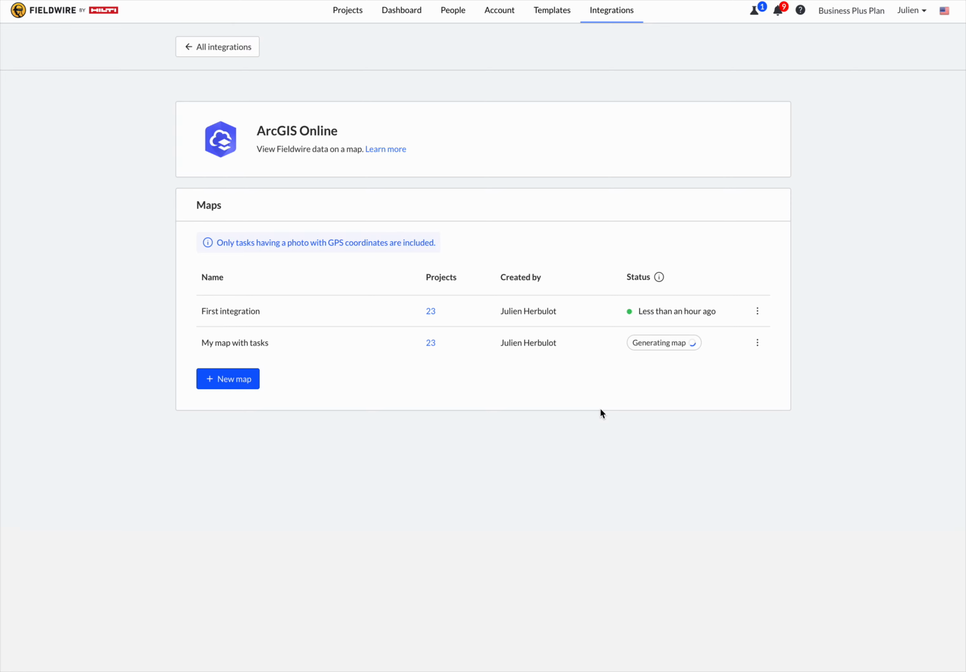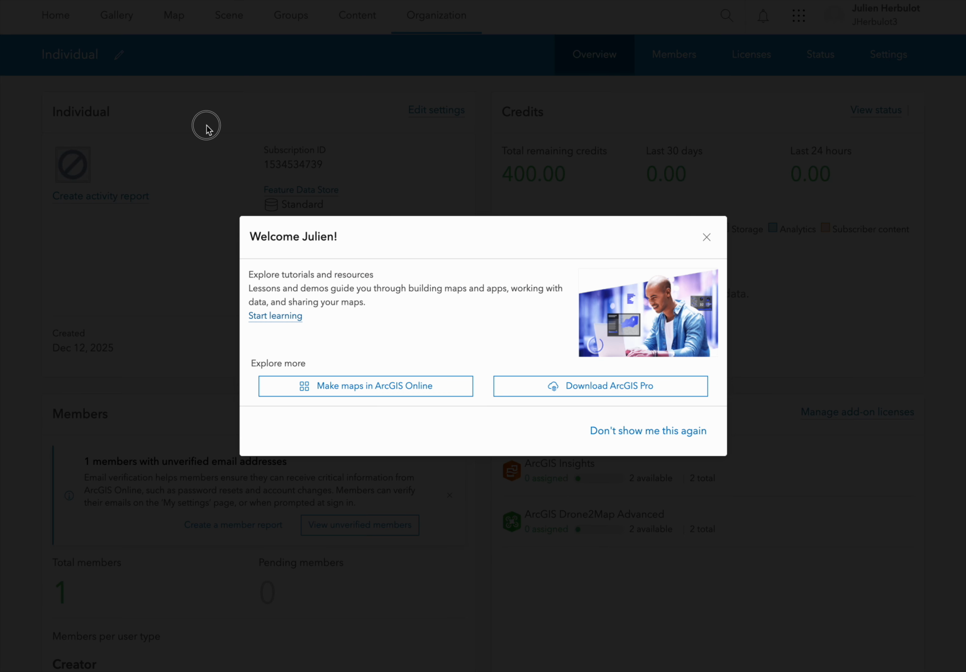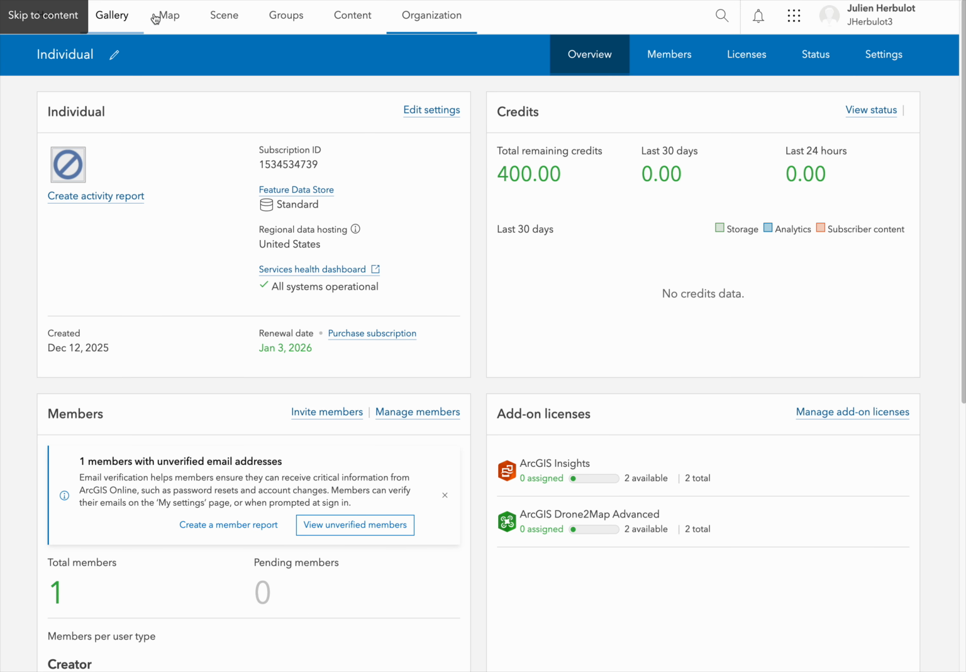Here I click on Create a Map, and then when it's generated, I can click on it and copy the URL to my clipboard. Then, if I go to ArcGIS Online, I open one of my maps,